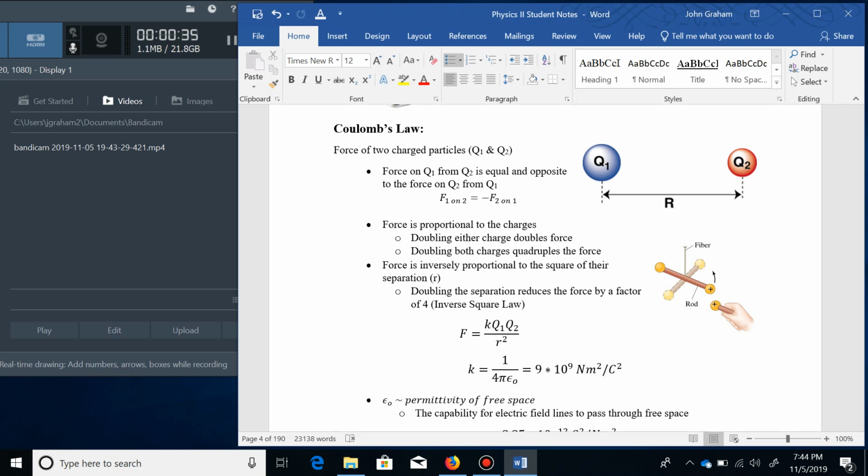So we're going to start with what's called Coulomb's law. This is one of the most important laws when it comes to electric forces and electricity to begin with,